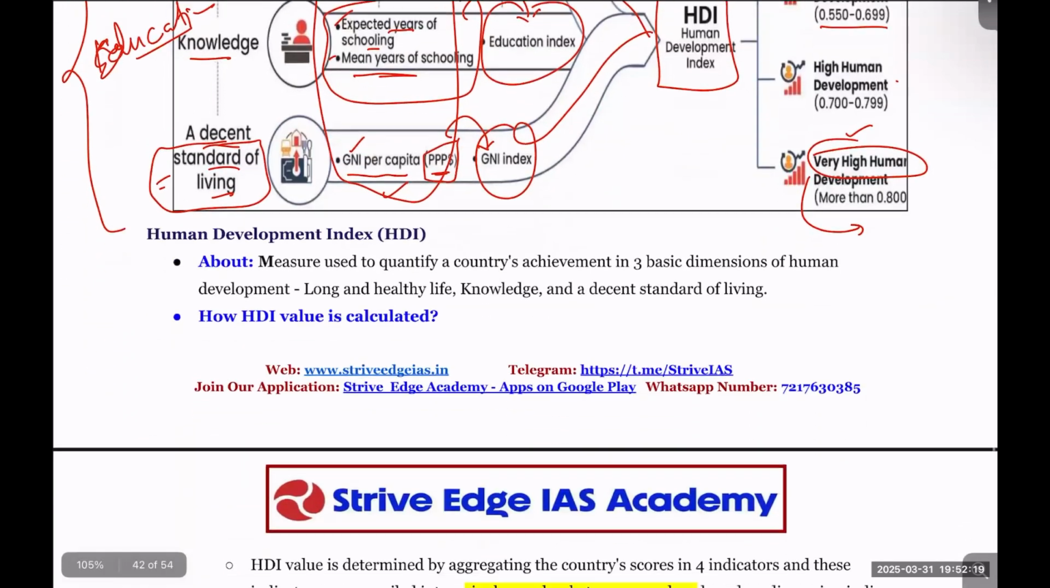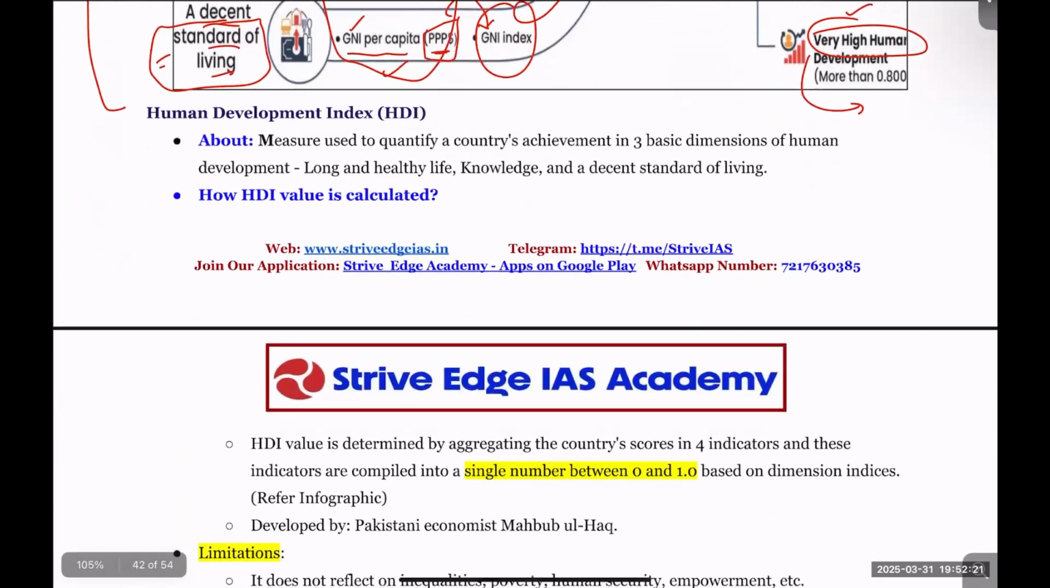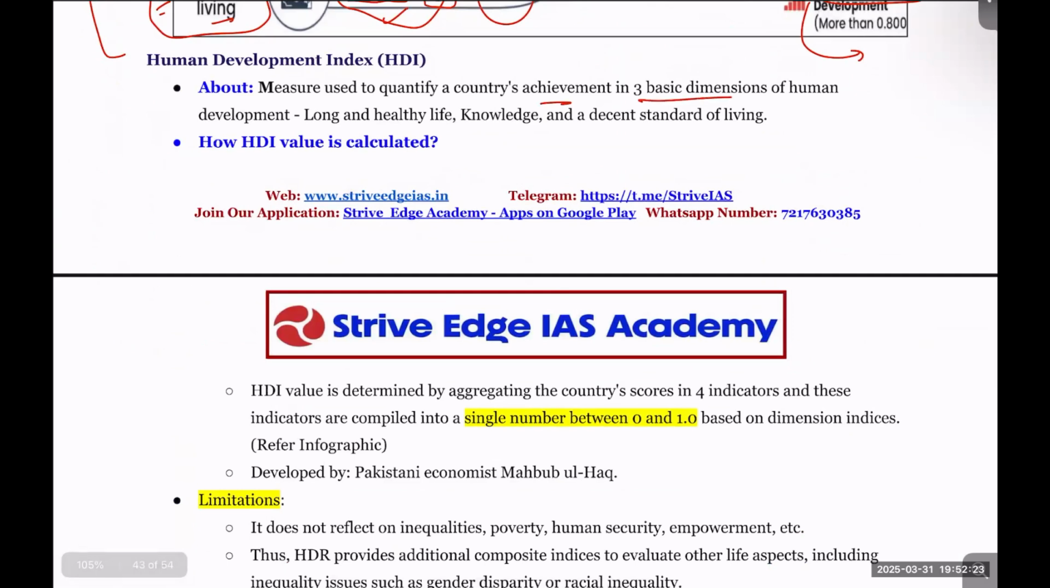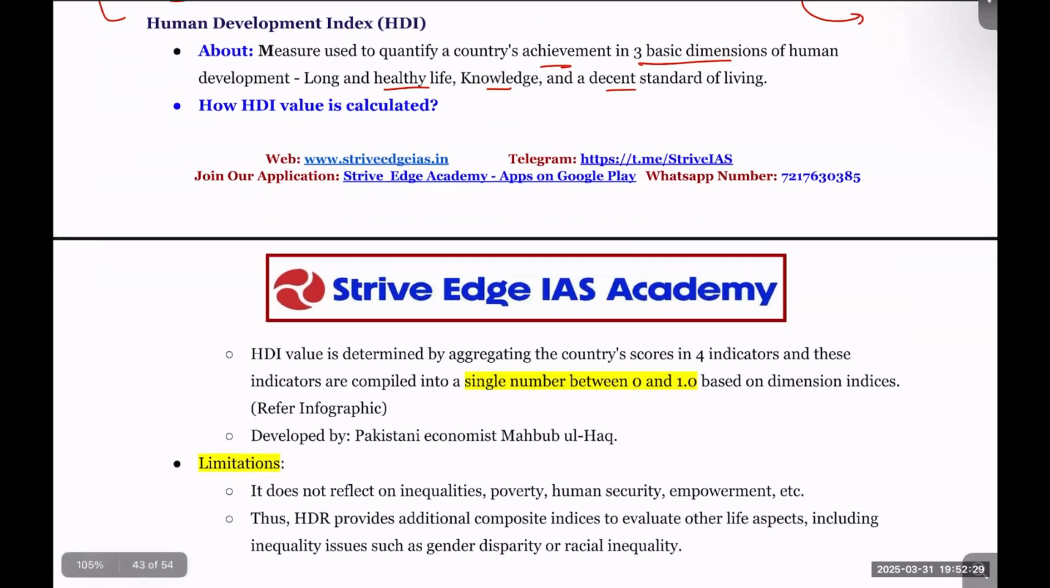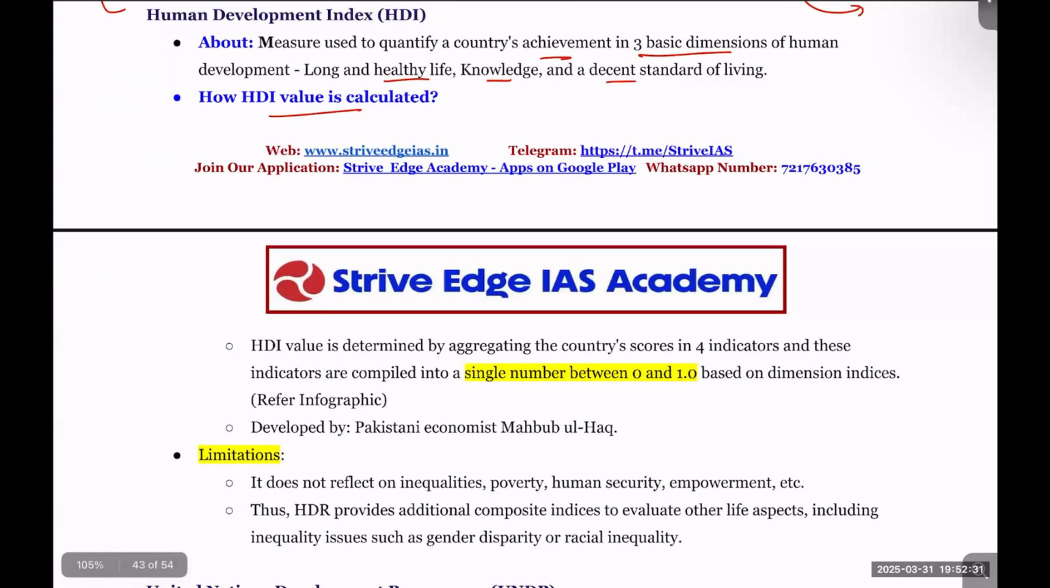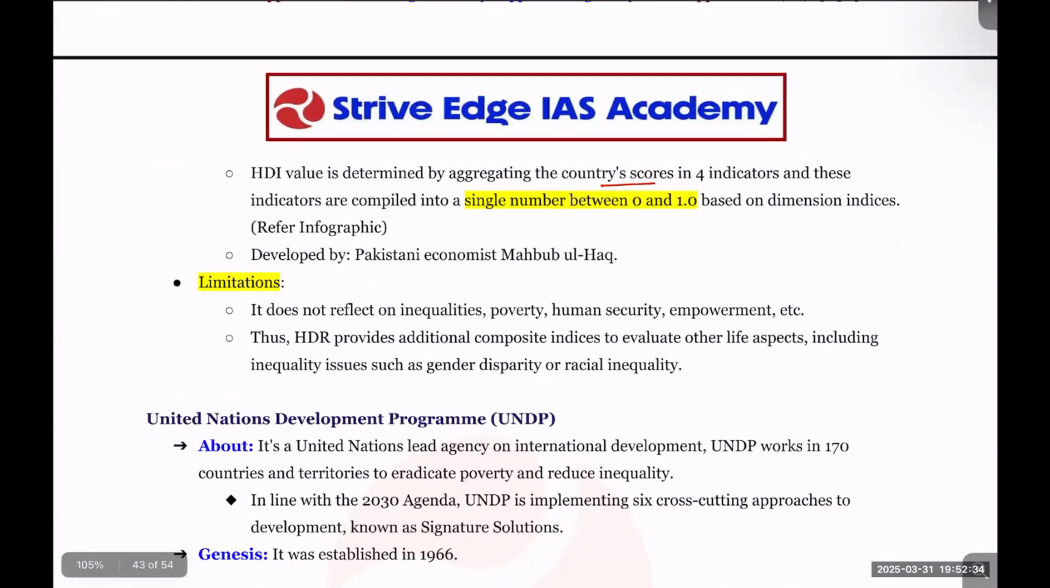Now, what is this Human Development Index? It measures countries' achievement in three basic dimensions that you have already talked about: health, knowledge or education, and decent standard of living. How is the HDI value calculated? It is obtained by aggregating countries' scores in four indicators, that we have already talked about, and then by multiplying and adding, a single number between 0 to 1 is obtained,